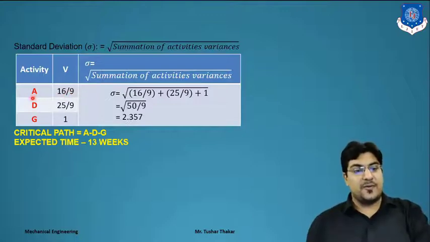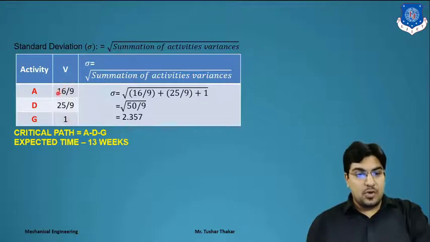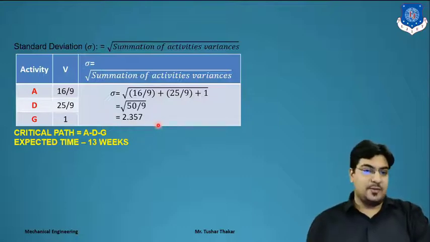So for A activity that is 16 by 9, for D activity that is 25 by 9, and for G activity that is 1 value. So we put all the values in a sigma, which means under root 16 by 9 plus 25 by 9 plus 1, we can get 50 by 9. So sigma we can get 2.357 value. So standard deviation is equal to